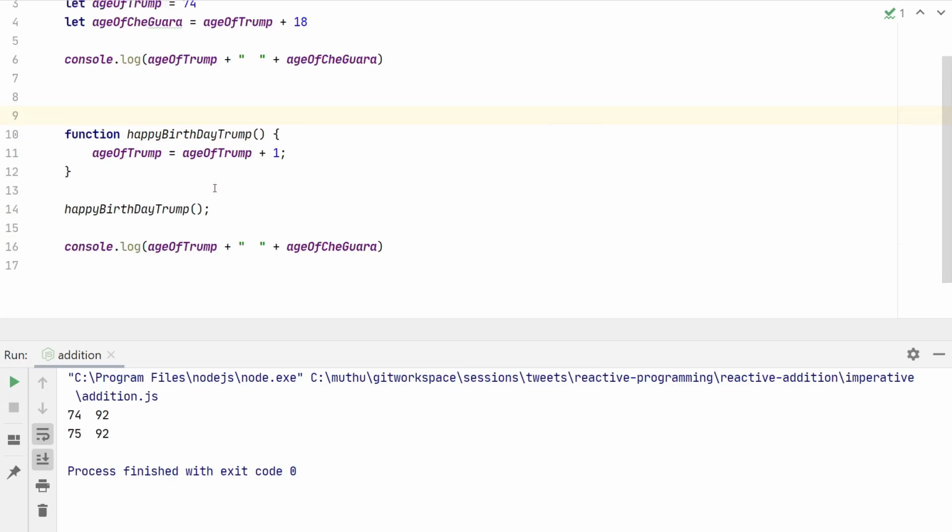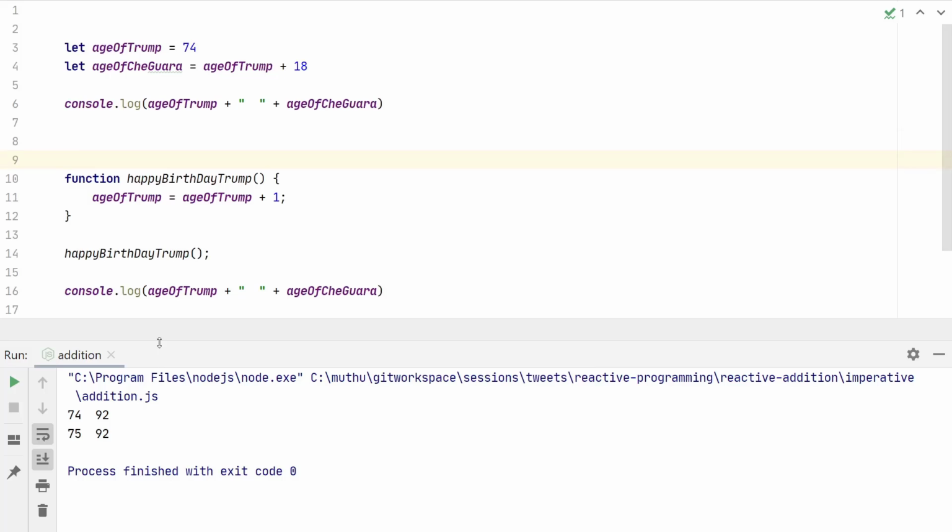Only the age of Trump got incremented. It is his birthday actually, right? It might be June 14th. That is the same day Che Guevara was also born, so his age should also be incremented. If you look into any contract, you might have A, B, C, or some other contract,